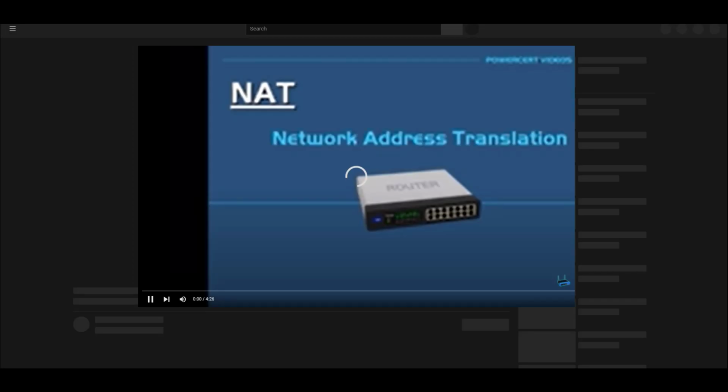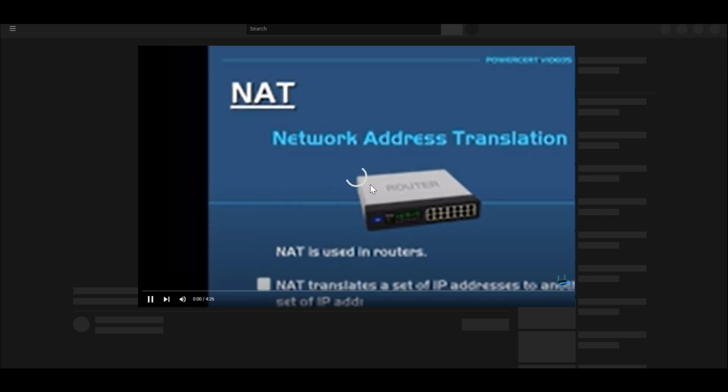It stands for Network Address Translation, and this is a service that is used in routers, and its purpose is to